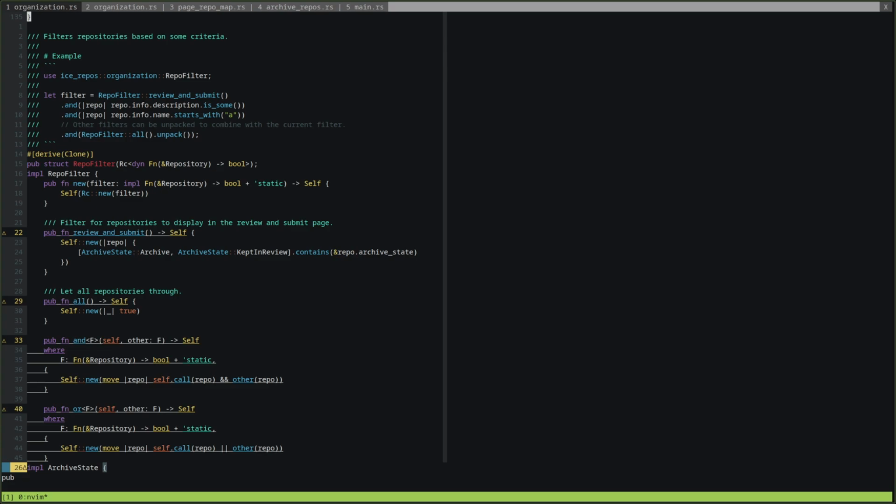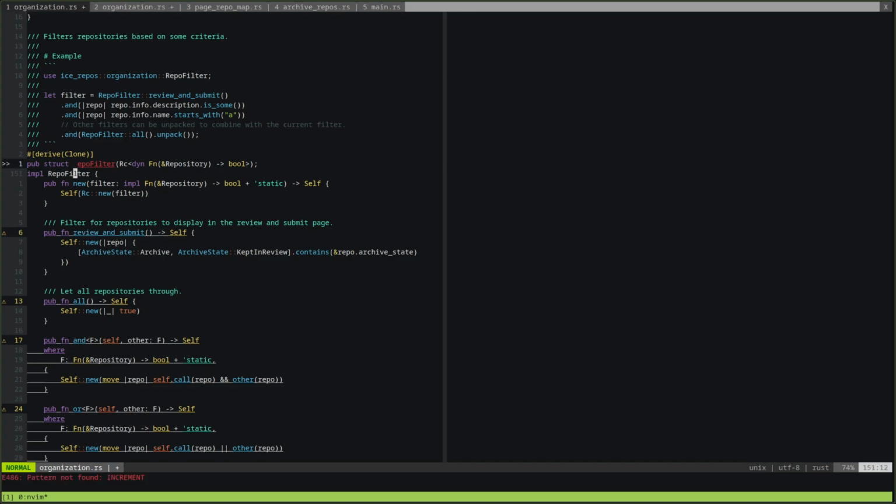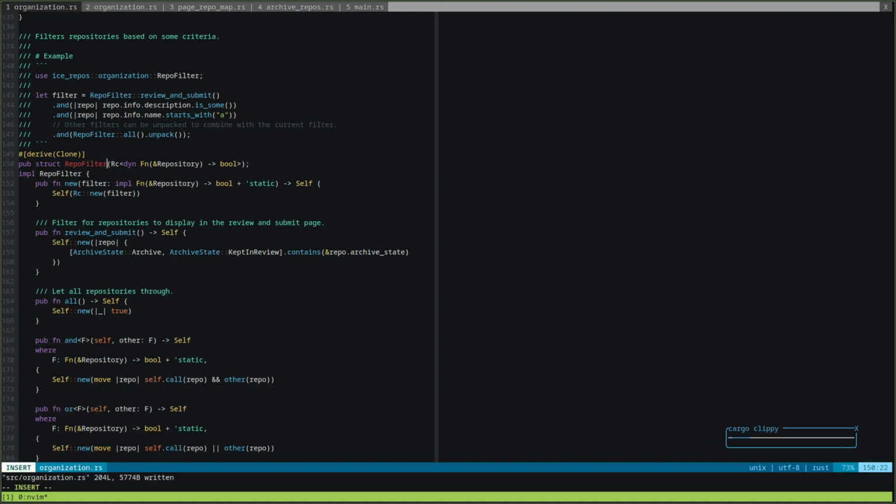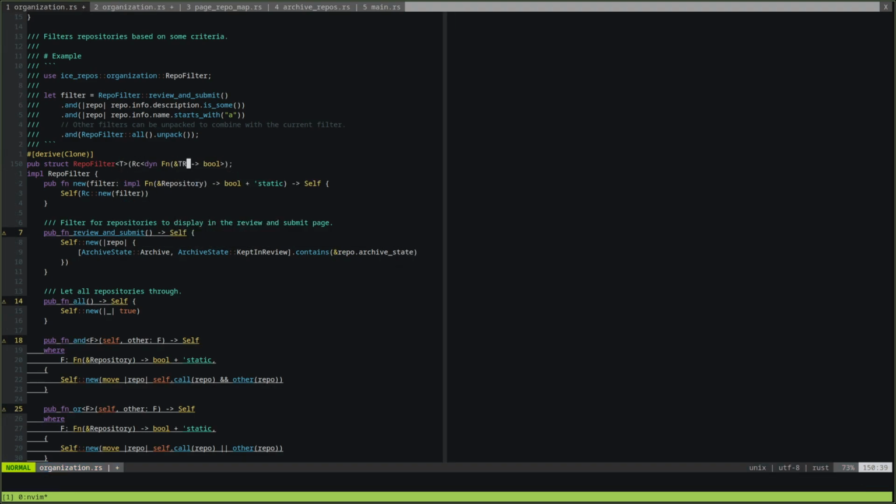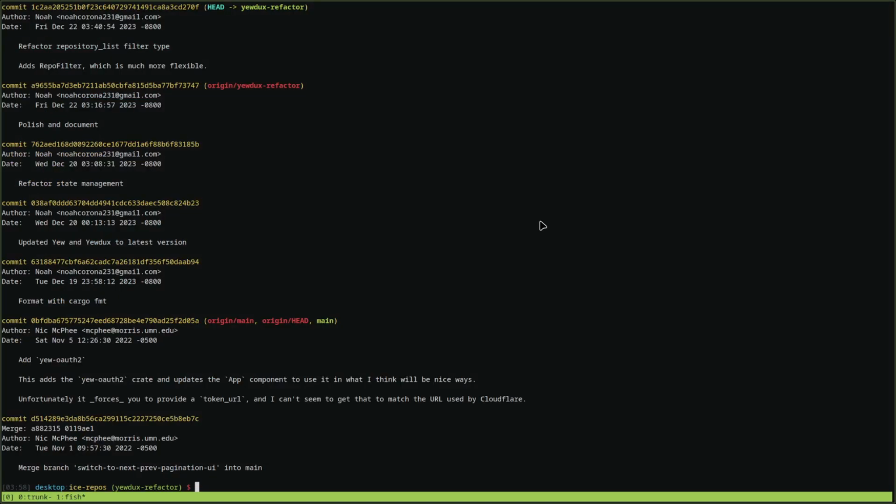There is one more thing that we can do to this filter type to make it even more abstract, and that would be making this generic over the type it's filtering, like that. But I don't think we need to do that. There's nothing stopping us, and it wouldn't be that hard at all. But in this app, what else are we going to be filtering? There's no reason to do it. It just adds a little bit of extra complexity that we don't need. So we're going to leave it as is